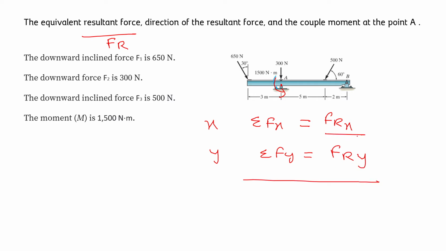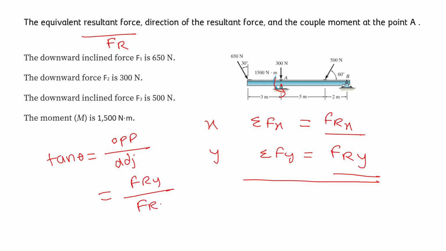So with this help, we can find the magnitude of the resultant force, and in order to find the direction, we can use the value of tan theta, where tan theta is written as opposite side divided by adjacent side. Here we'll keep forces in y direction divided by forces in x direction and find the value of direction of the resultant force. And in order to find the couple moment, we will use the technique that the moment due